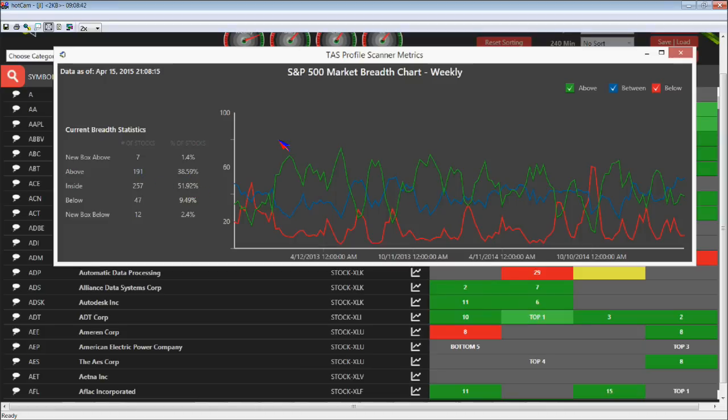So as you can see, this is our weekly breadth chart. Now, 191 stocks out of 500 are trading above profiles right now. 1.4% of them are creating a new profile above right now, which is not a big deal. It's a very small number, 7 stocks trying to create new supply areas up top, if you will. 257 stocks are inside. That's a pretty big meaty area. Looking at the chart, the blue line going higher and higher usually predicts mediocrity. And that is on our weeklies, even though we're kind of breaching above weekly unfair highs right now,